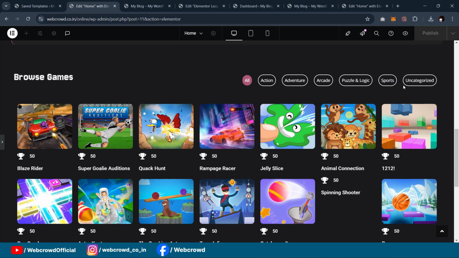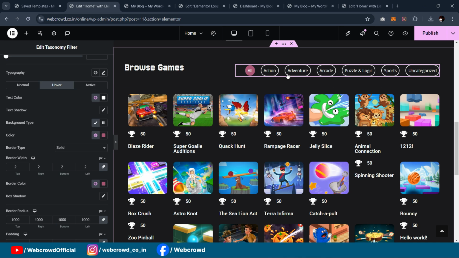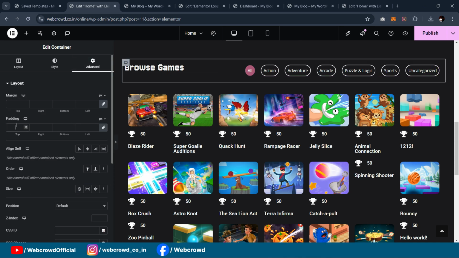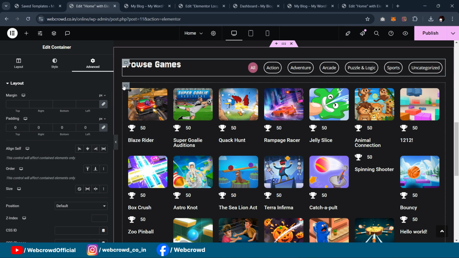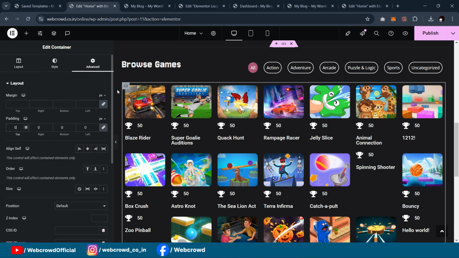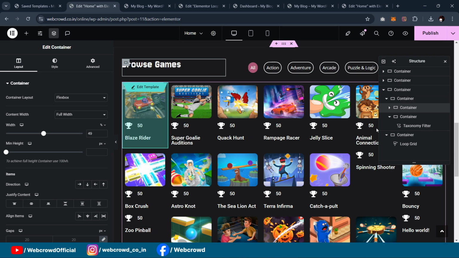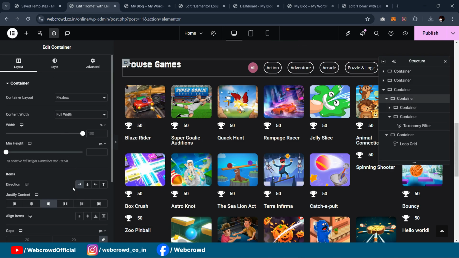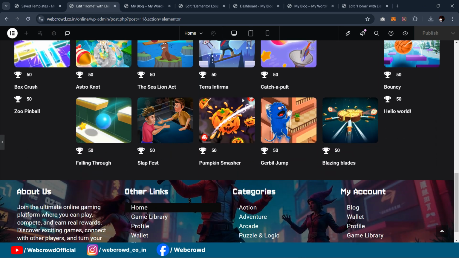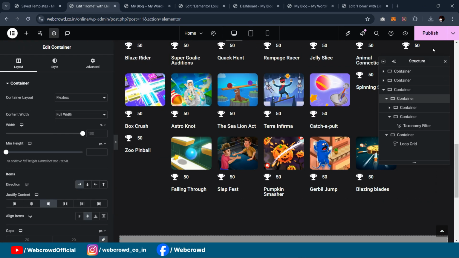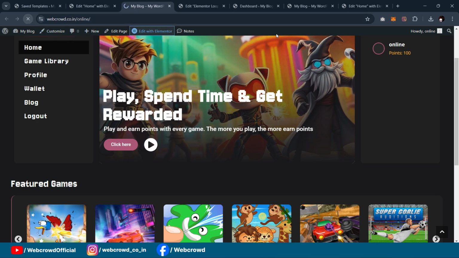Also you can add the paddings in these tabs. Okay, so right now currently we don't need any padding. I will simply remove the padding from this container. Also from here, and select this container. We have to set elements to center, items to center. Okay, that's it. Click on publish and refresh this page,